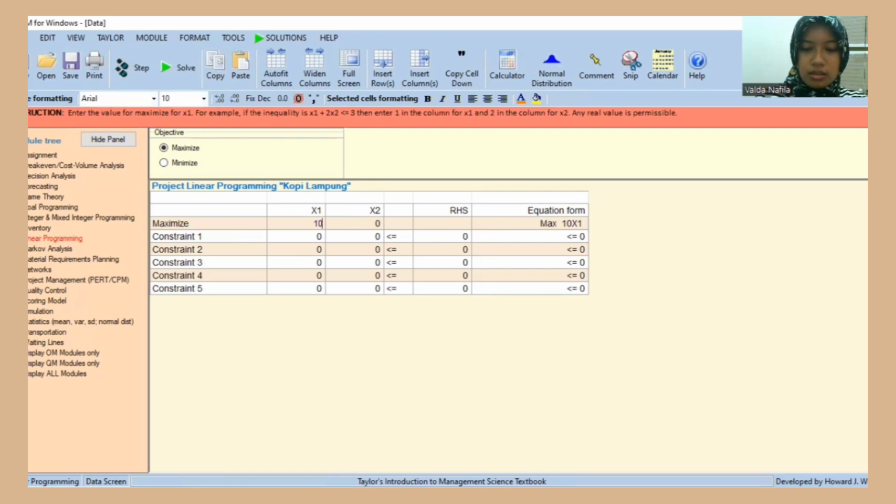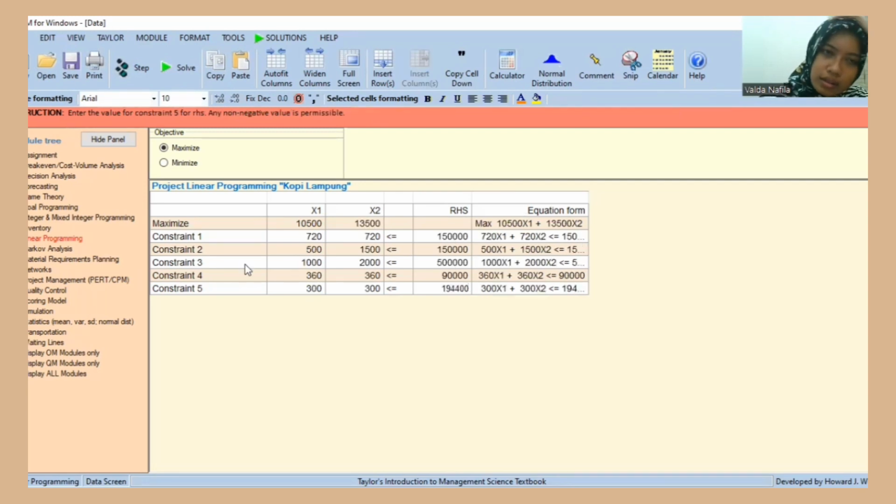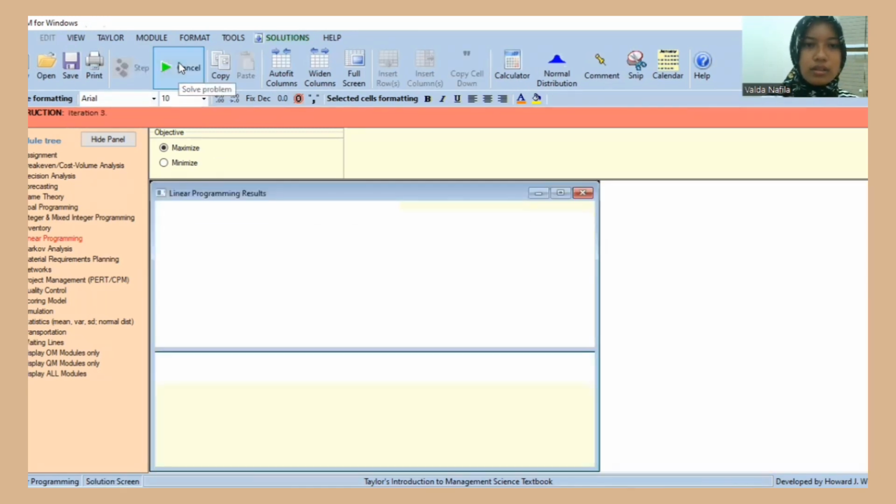In POM-QM, we don't need to put a dot if the number is in the 1,000 or 100,000, because later it will become a comma. So we just write like this. Okay, and 3,500. And next we click solve in here.